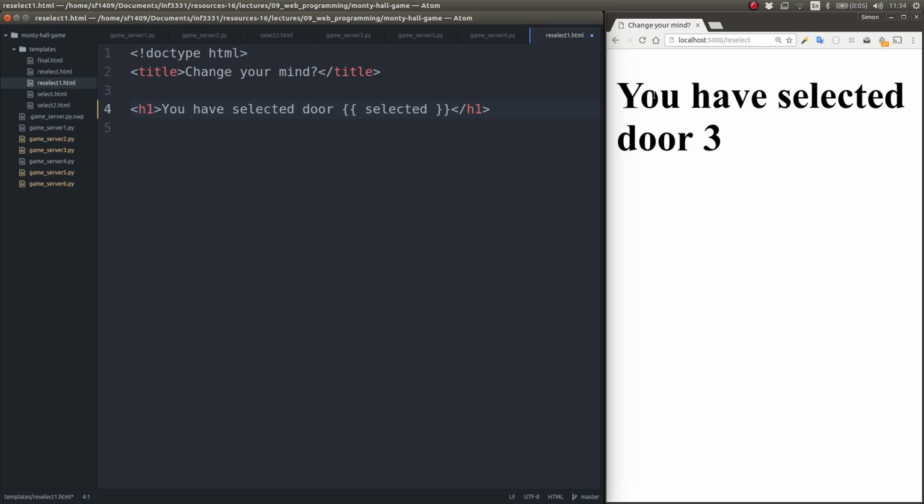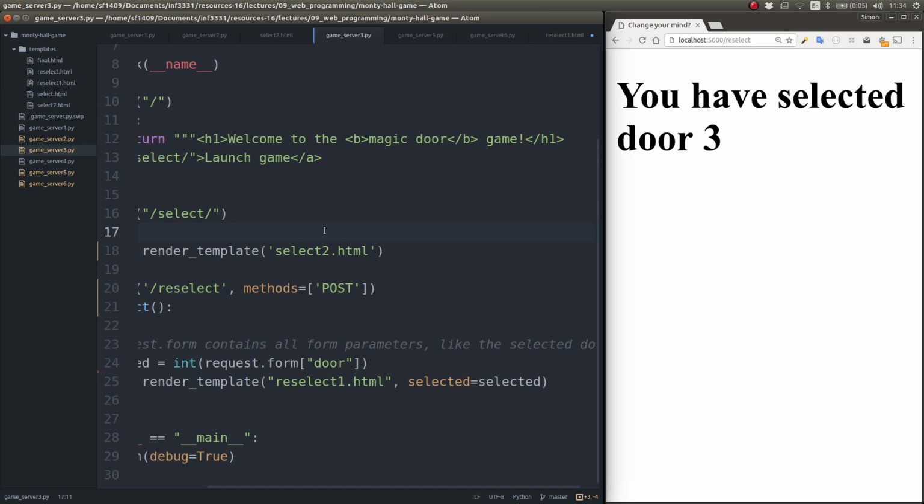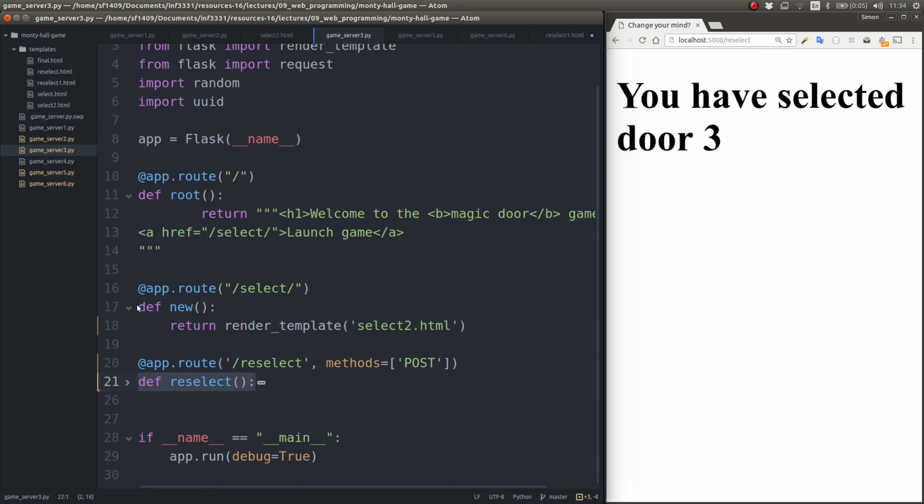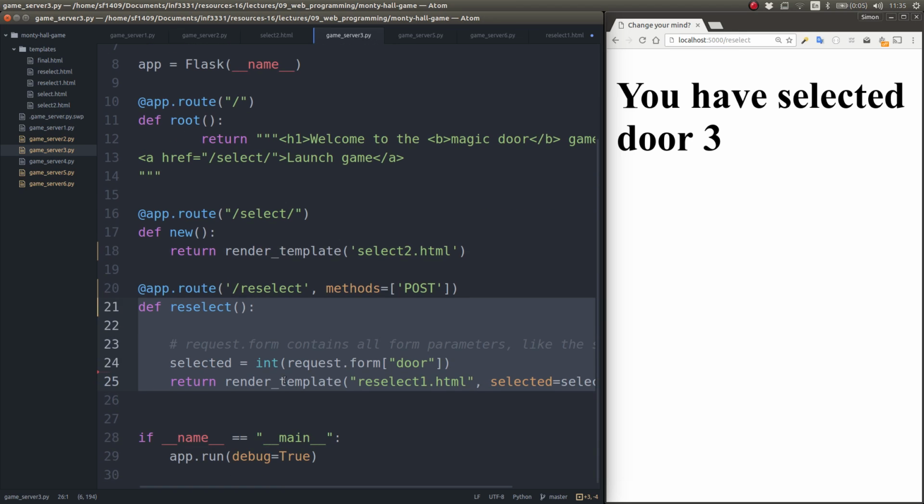And so basically, we need to provide a list again where the user can select either 3 or 1, but not 2. Right? The problem now is that in our reselected function definition here, we don't know. We haven't decided yet what the winning door actually is, right? So we can't really make a decision on which door should be opened by the game leader. So what we need to do is,